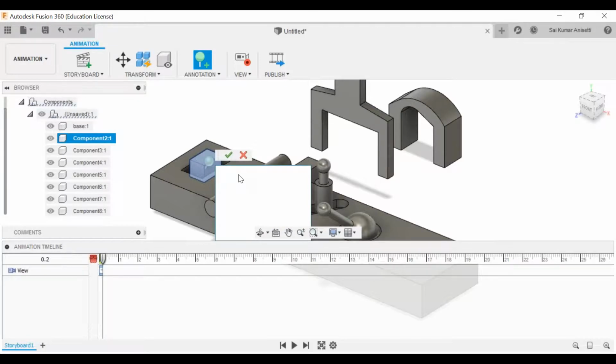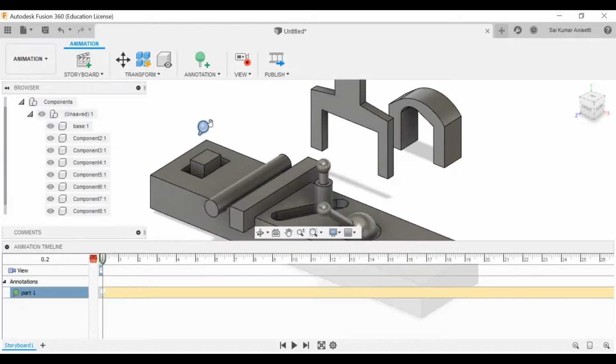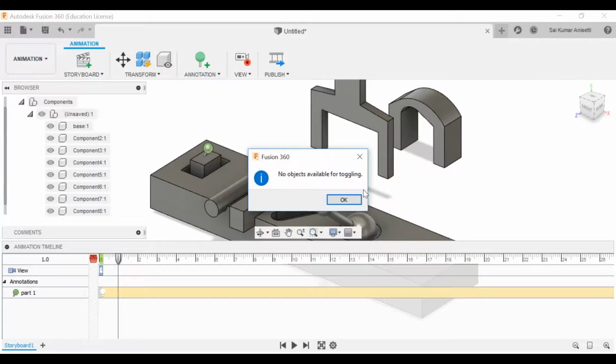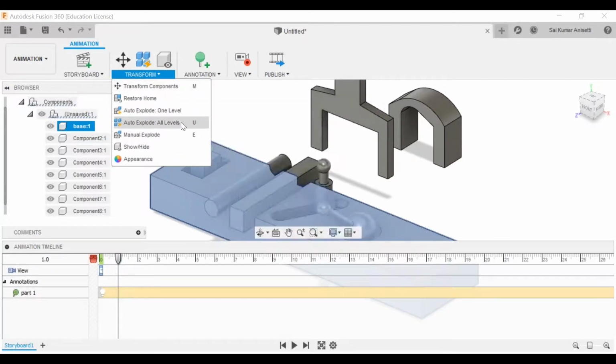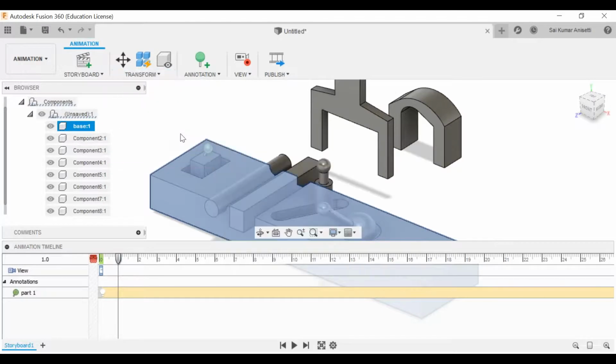In your advertisements they will be saying that this is part number 1. Click OK, and you have a callout, like this is part number 1, and in the next frame you can create more. This is just like a story, you are creating something. This is part number 1, this is part number 2, and you can animate all your levels and manual explode.